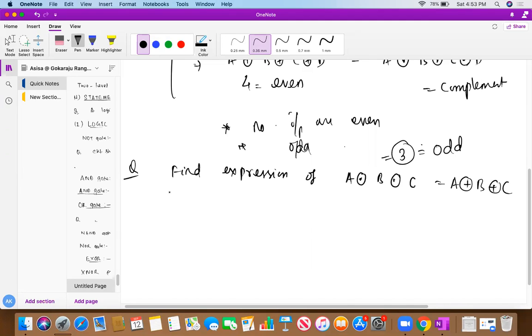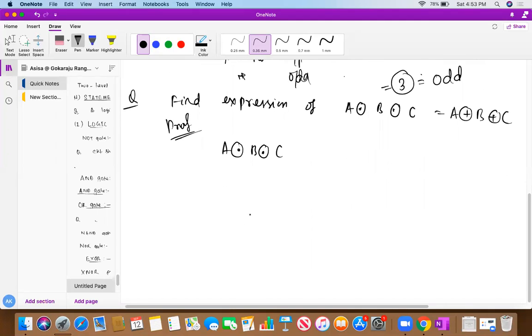So how will we prove it now? Very simple. Take A XNOR B XNOR C, this is my LHS given to me. First I am going to elaborate the first two. As we know, the internal thing is A bar B bar or AB, and this will be XOR with C. Am I correct, students? Very simple. Next, what am I going to do?